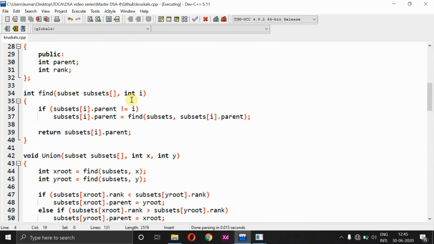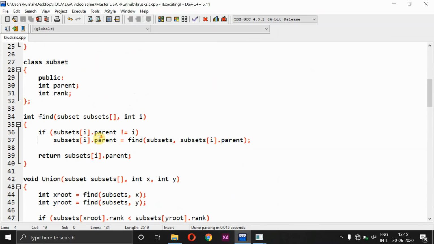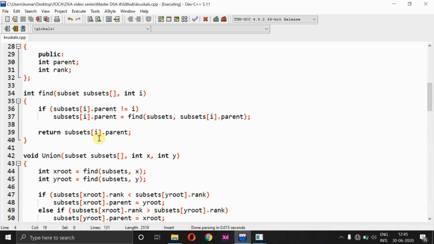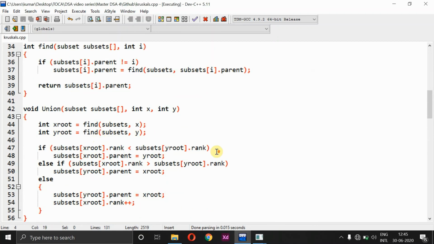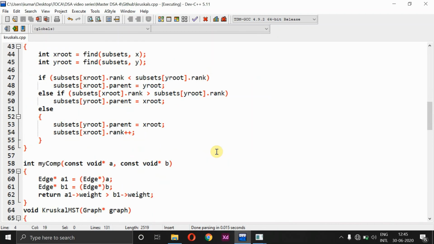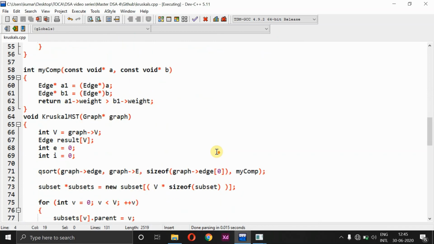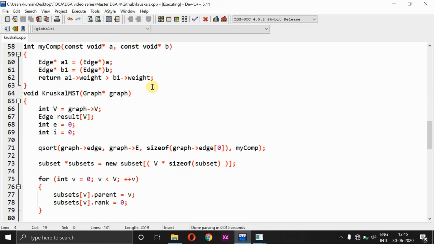So now after this we have a class called subset, and in this subset, this is the part where we are going to find the parent node or the source node, and union is nothing but we are going to match each and everything, and I'm going to increment the value of how many edges I have collected, right? So that is the main use of this union method. And in my computation, we are going to take out the weight and find which is going to be the maximum weight. It's always the least weight that should be returned. So it is actually working in that case.